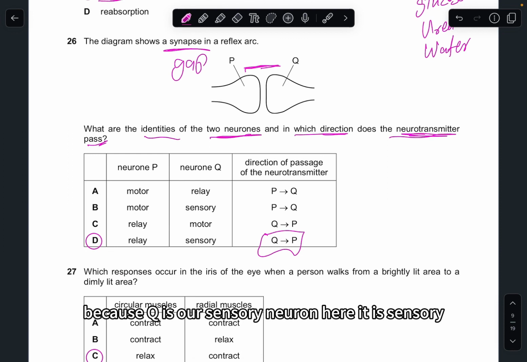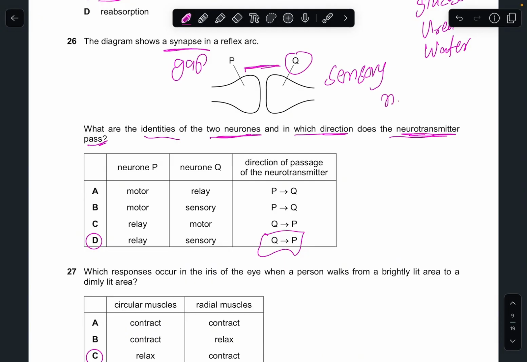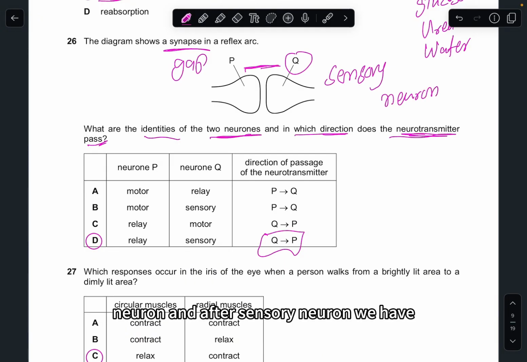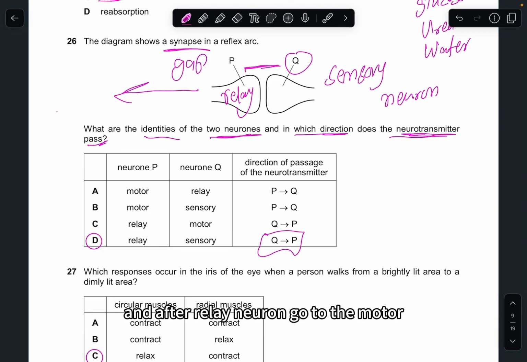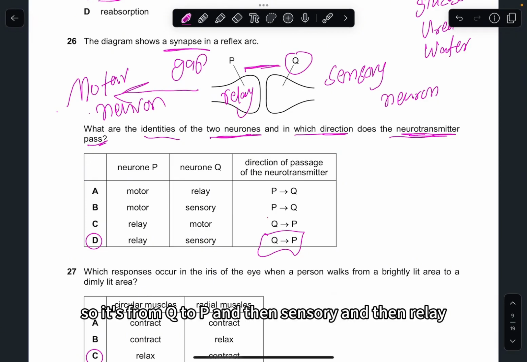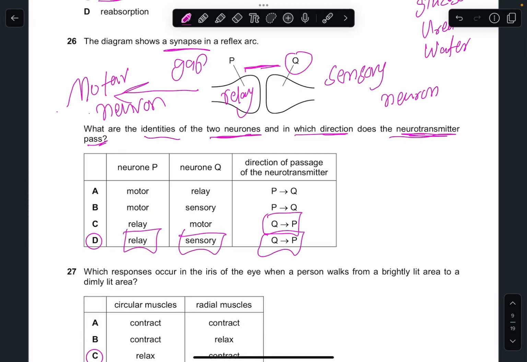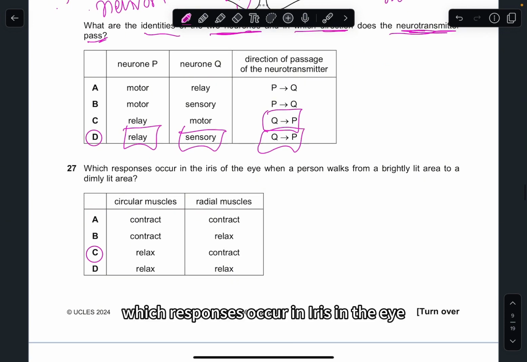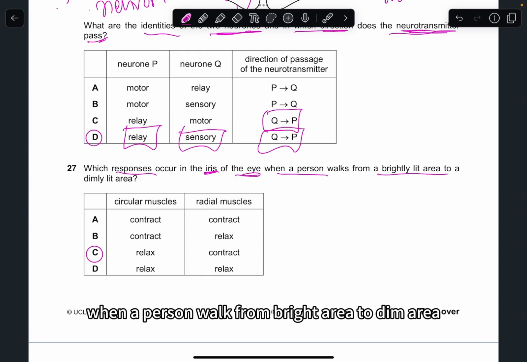because Q is our sensory neuron here, and after the sensory neuron we have a relay. This is our relay neuron, and after the relay neuron it goes to the motor neuron. So it's from Q to P, and then sensory, and then relay. So the answer is D. Which responses occur in the iris of the eye, when a person walks from a bright area to